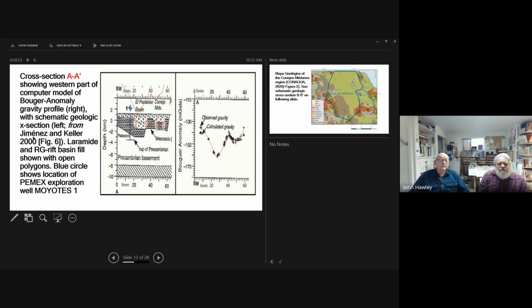This is Dr. Jimenez's doctoral dissertation research, mainly. They named this basin the El Parabian Basin. And so most of the really good information we have on deep subsurface is from geophysics and a few deep drill boreholes.